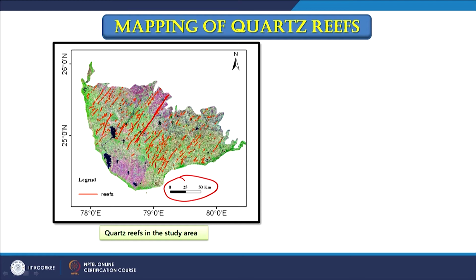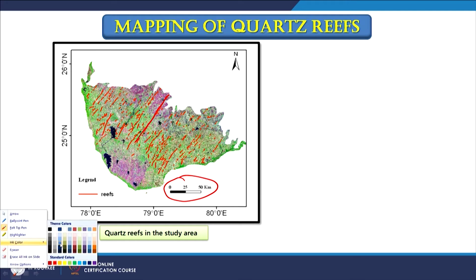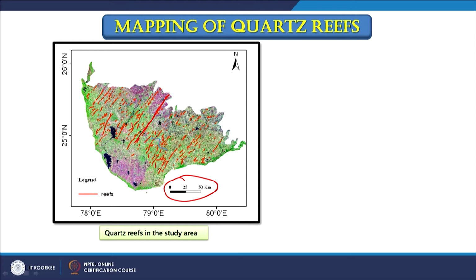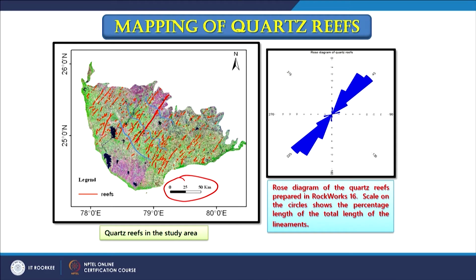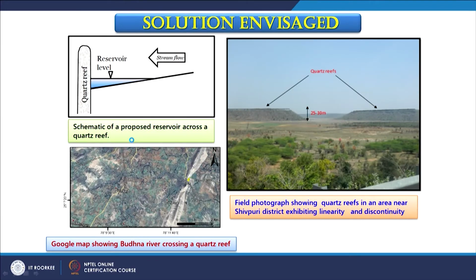Part of them is not exposed, it does not matter, but we can know that there are quartz reefs, and there might be some streams flowing across them, completely unchecked, as I have marked in the blue color. And if by some means we can check where these dam axes have been provided in the form of quartz reef, then we can construct a reservoir very quickly. This is what our ancestors have done, and that will provide a delay in the surface runoff, and of course indirectly that will provide groundwater recharge.